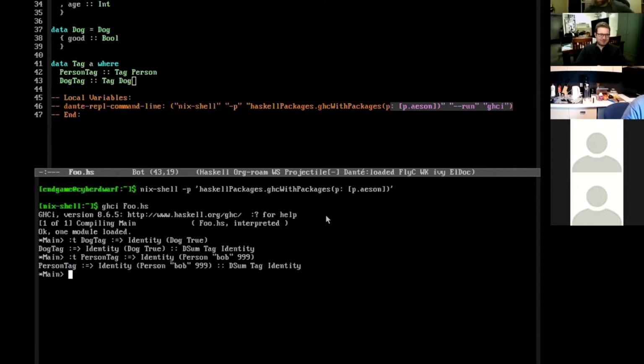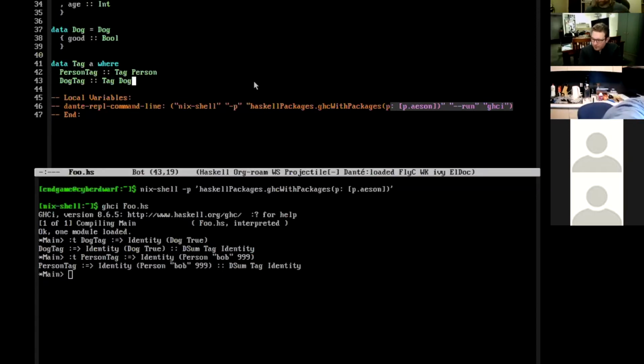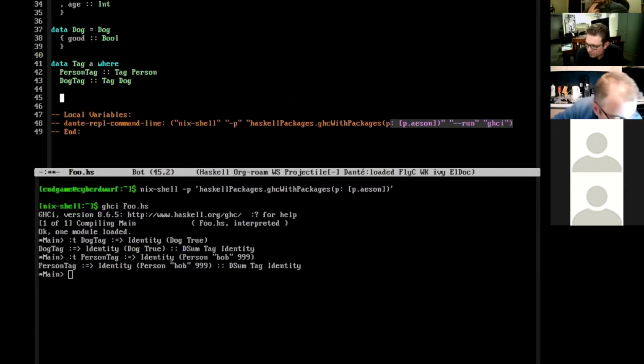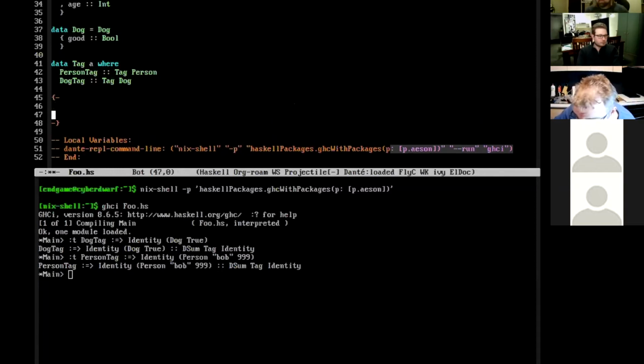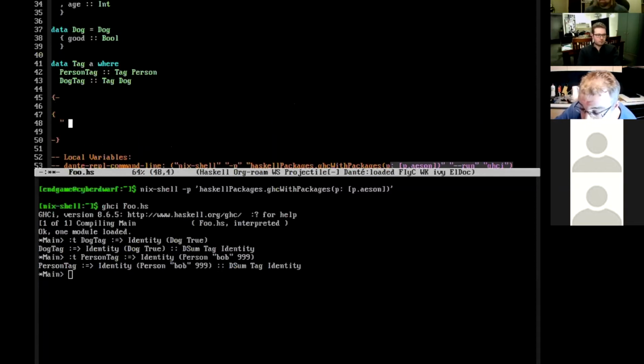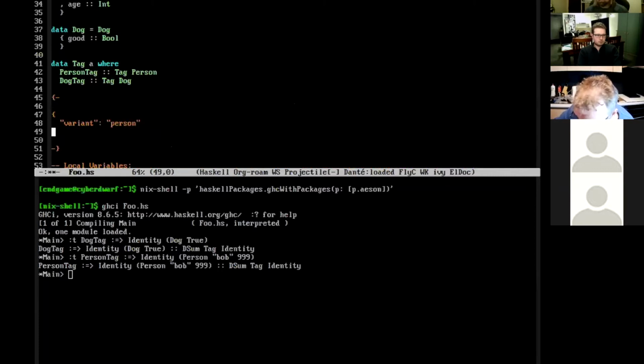Sorry. Understood. Okay. Good. So there's a pattern you see now and then in JSON libraries where you get an object and there'll be a discriminator, so like variant person, and then the rest of the object will be fields for that person.